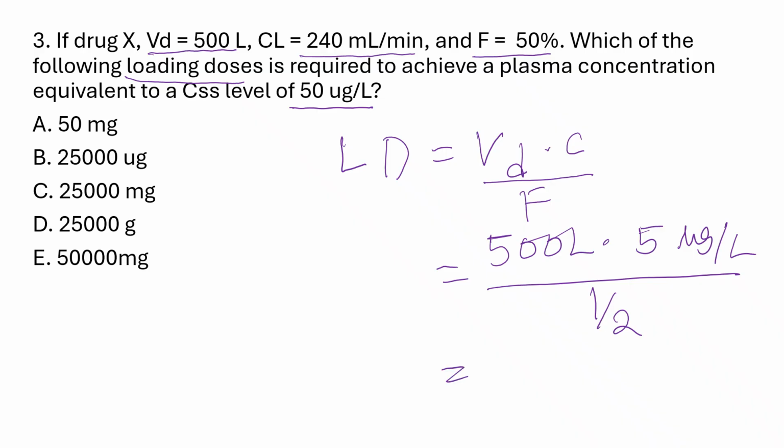The liters go away. Then 500 times 5 is 2500, and